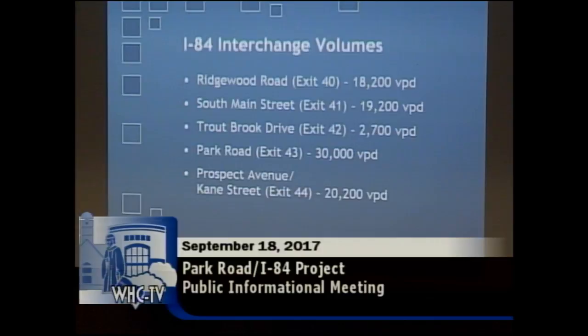This next slide just shows you some volumes and some other options you can take. As we mentioned, 30,000 vehicles per day on the Park Road exit. So anything we can do to reduce that number would certainly help out the contractor, help out you guys. Obviously, it'd be less frustration if you have to drive through there, and overall help to accelerate the schedule for